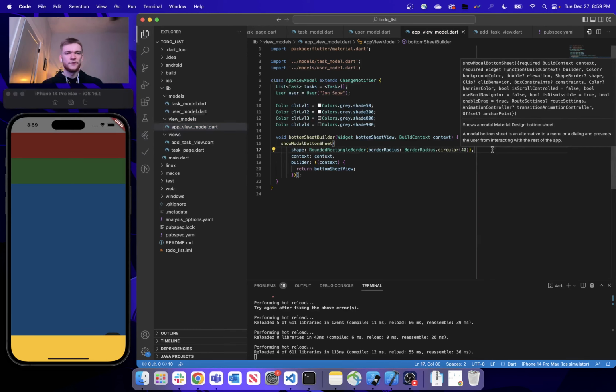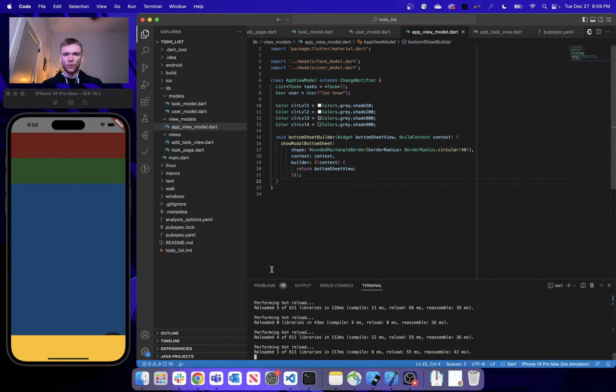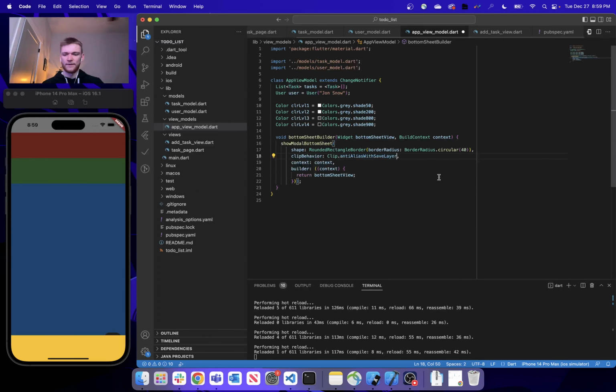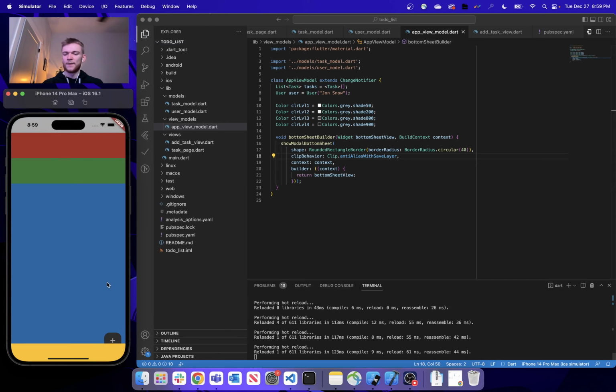The last thing we're going to want to do, if we only have a shape, it's not actually going to clip that border radius unless we provide a clip behavior. So for clip behavior, let's just go Clip.antiAliasWithSaveLayer. So now, if we recreate that widget, what we're going to see is our modal bottom sheet